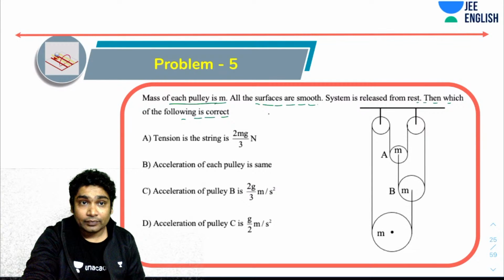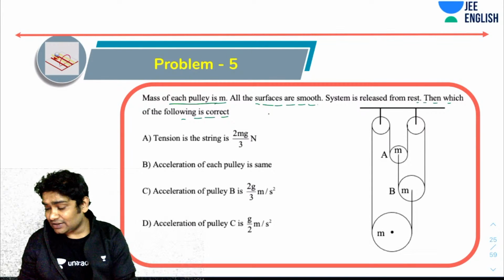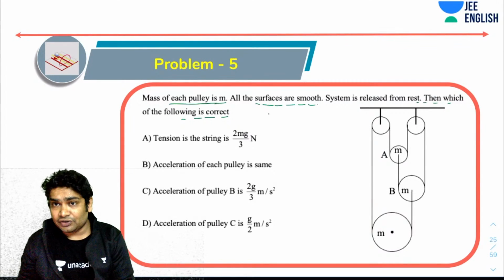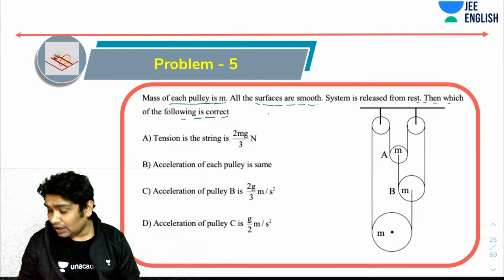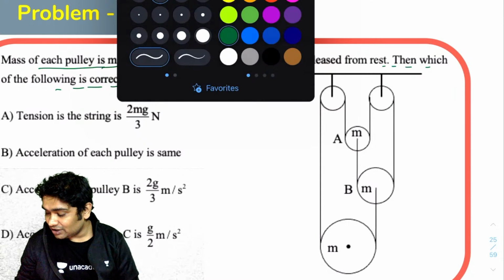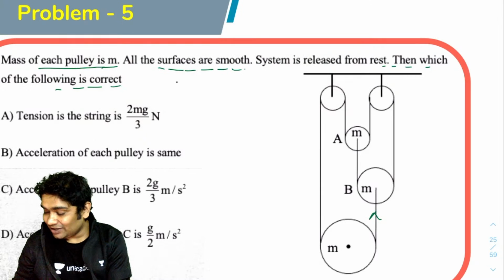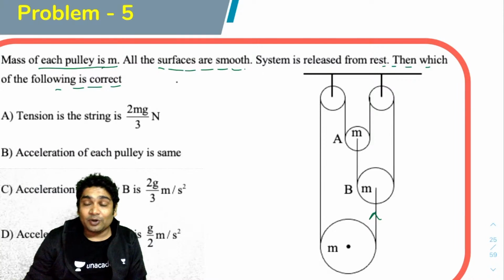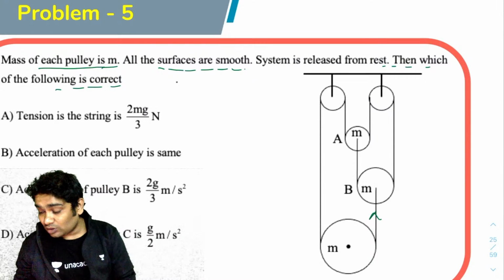Hmm. So let's try and analyze this situation. Let's mark tensions in various parts of the string. Now, if the string was ideal, you realize this is a single string that goes from here all the way here. So if the tension here was T, as long as it's one string, the tension would be T here, T here, T here, and T here also. Now, if you draw the FBDs of A, B, and C,